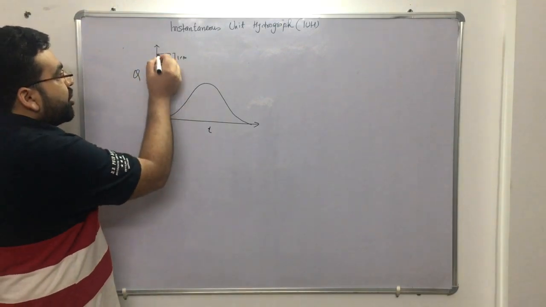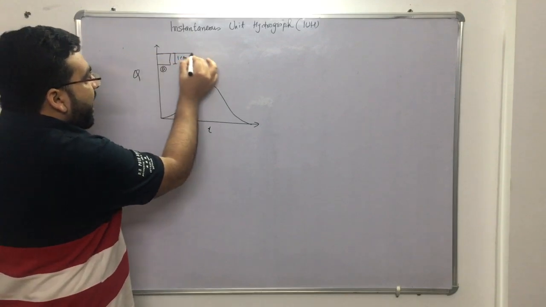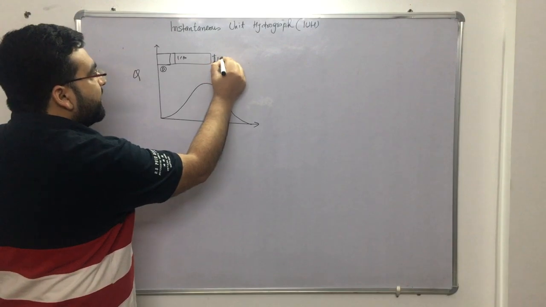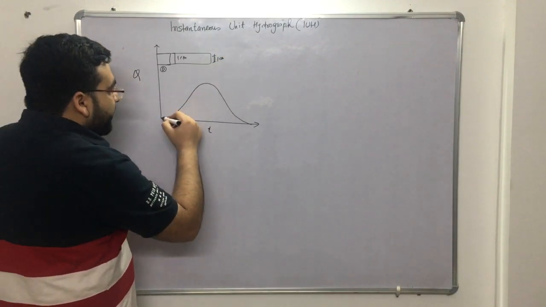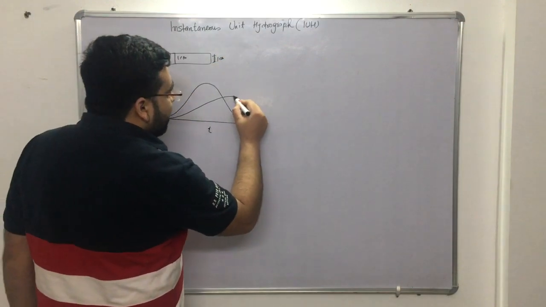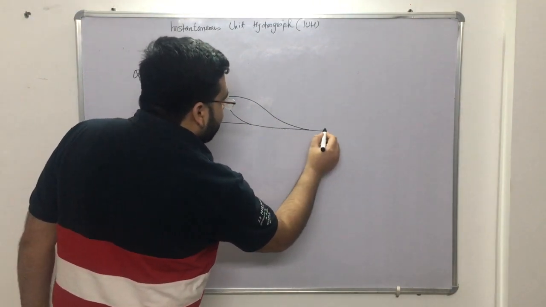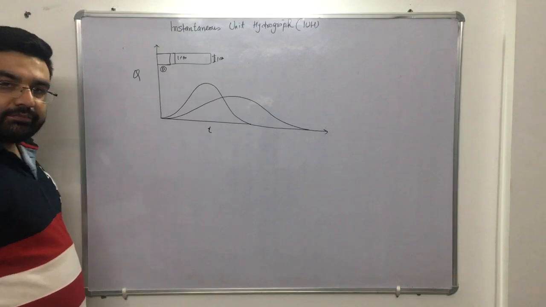Now, if the duration of rainfall is very high, is very large, but for the same rainfall, that is 1 centimeter depth, right? The curve would be like this. It will be a much flatter curve, like this. This will be the curve. The base period will also be high.